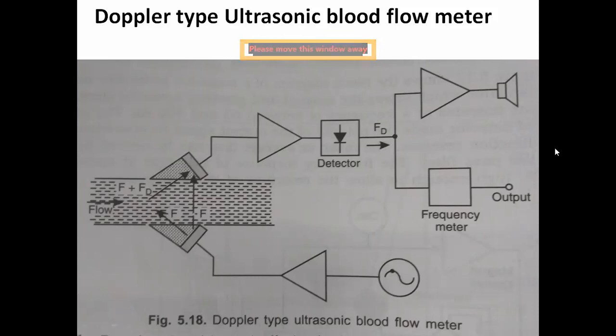So here also we have a pulse generator. This is a sine wave pulse generator. You can use it like an oscillator. Generator means it is an oscillator. It will produce the sinusoidal signal, and it will be amplified and applied to the